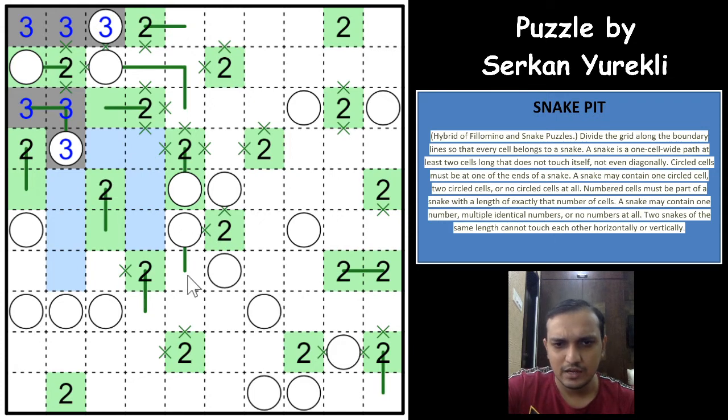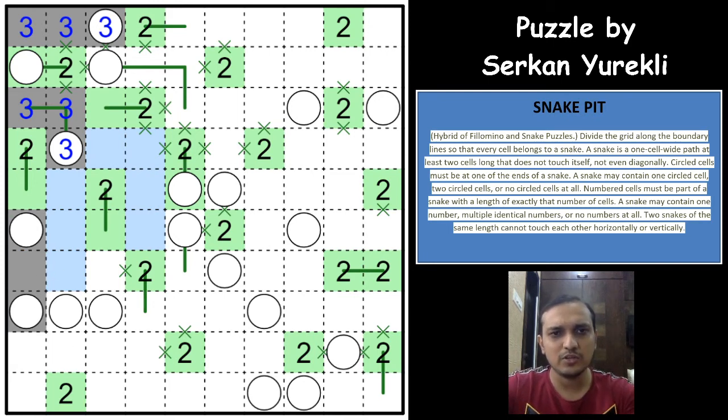Okay, and this would have to be at least 3. We are not sure, it can be 4 as well, but it would have to be at least 3. It cannot be 2 again. So this can be extended, right? This would have to be 3, so it cannot be 2. And if it extends downwards, you have circles on both ends, so this is the snake, so it becomes a 3 now. So let us mark that with the 3 here.